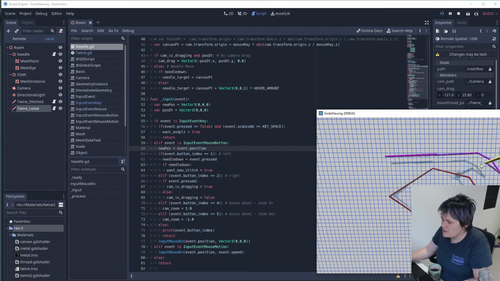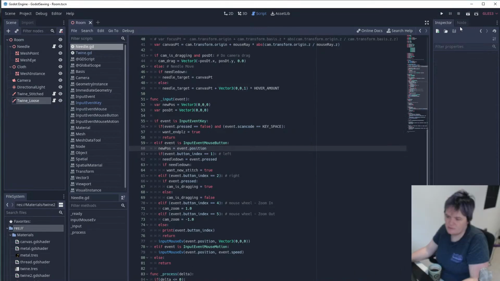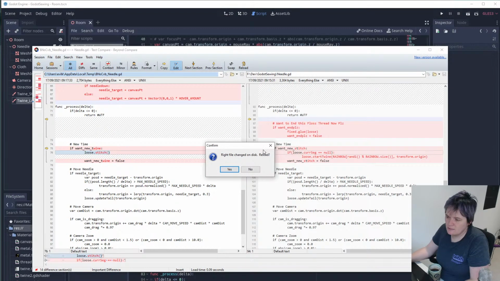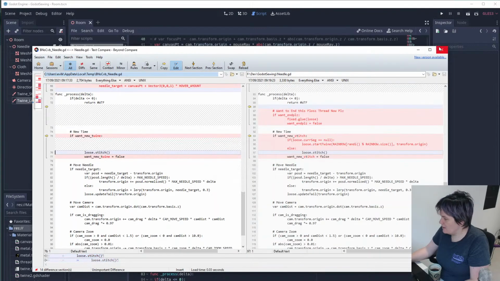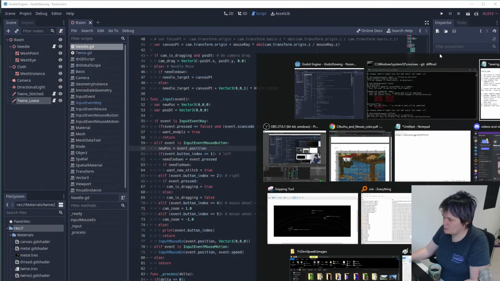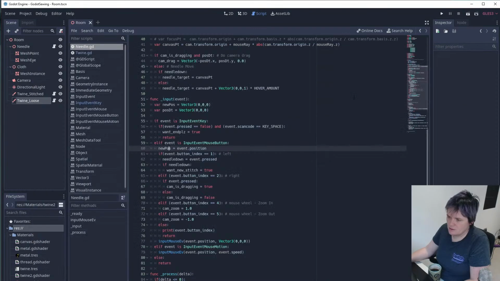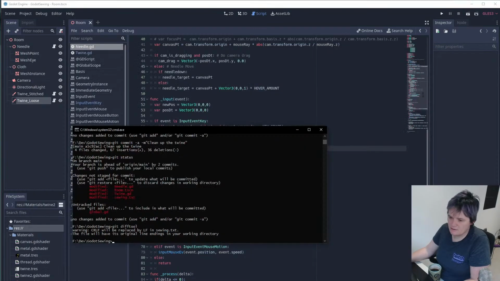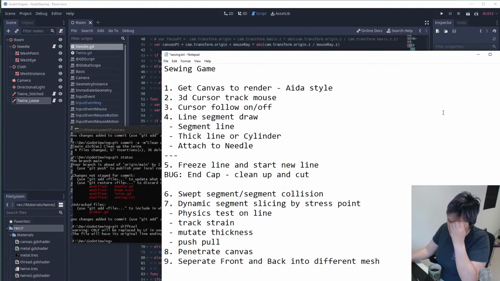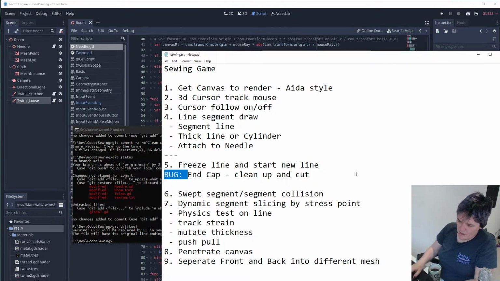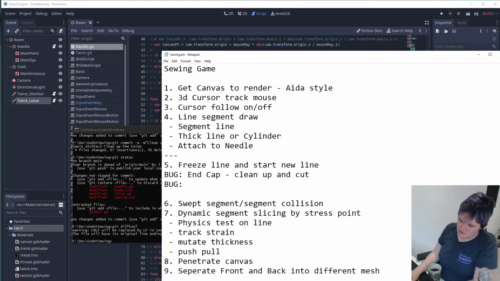The next thing is we really need to play around with the input and actually clean that up, so we're doing the back and the front stitch stuff correctly. Reload, yes. Okay, though we are coming up to... where is the kill that? Thank you. We're coming up to the end of today. So free line, we've got the bug cap, and before we do the swept 7, we need to